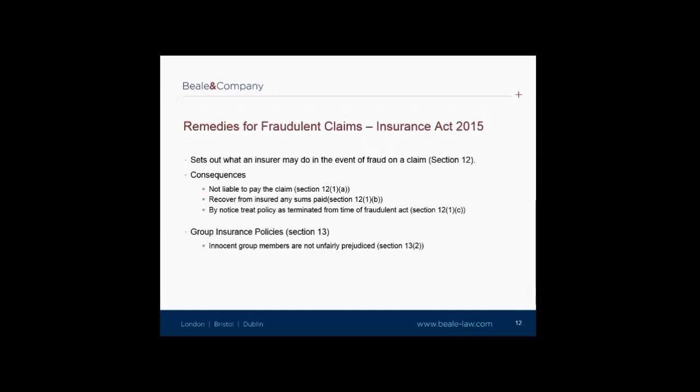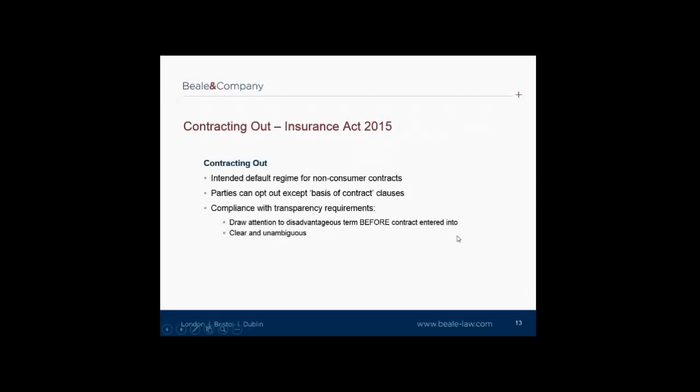Usually the loss or damage, but under some insurance contracts like professional indemnity, the notification of a claim. So if an insured makes a fraudulent claim for a theft of a necklace and subsequently suffers a genuine burglary, that burglary would not be covered if the insurer has adopted this course. The explanatory notes make clear that fraudulent claim and fraudulent act are different, the fraudulent act being the behaviour that makes the claim fraudulent.